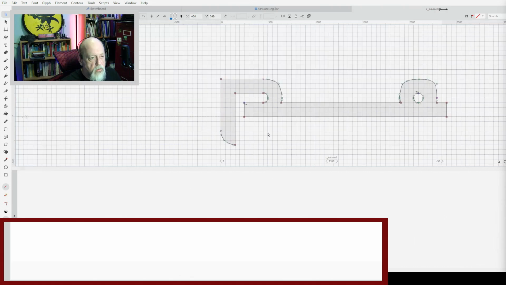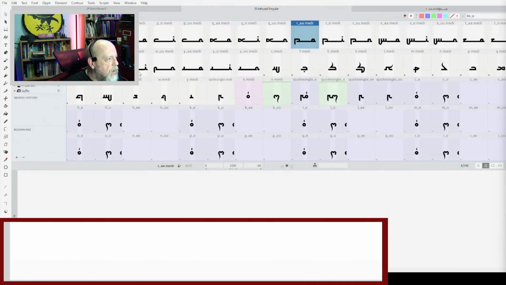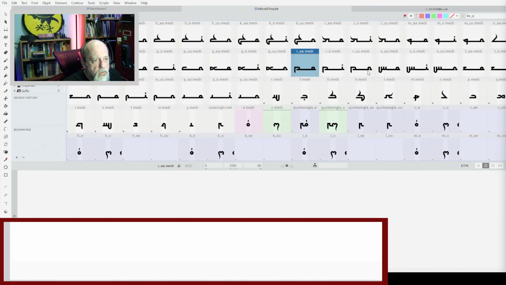Go back to regular zoom. Go back to here. And look at any of the other R's. They all look good. So I don't know what caused that one glitch, but it's fixed. Save font. This stuff is not quick to build the moment you start doing fancy, silly crap like this.